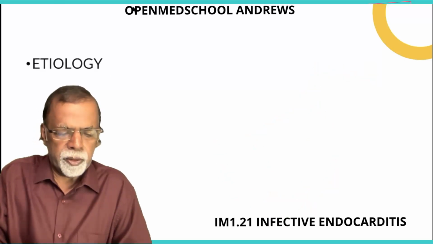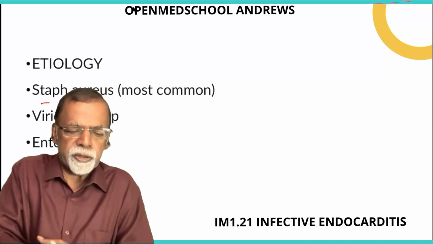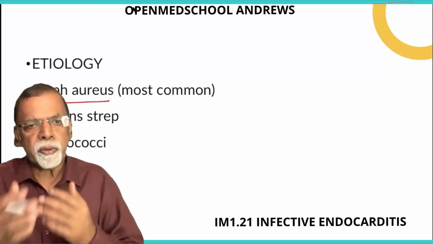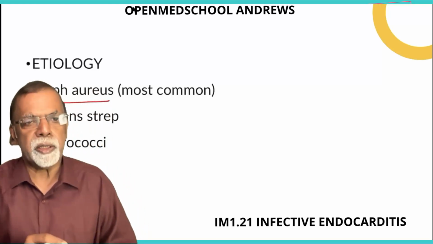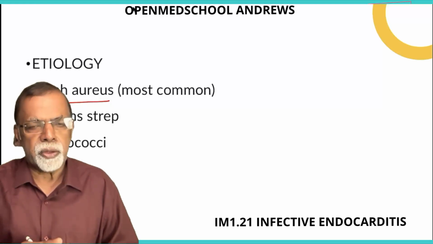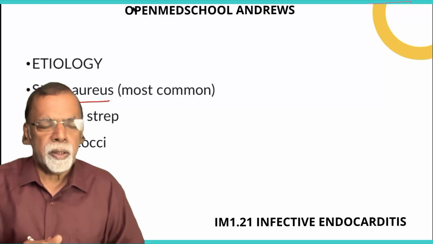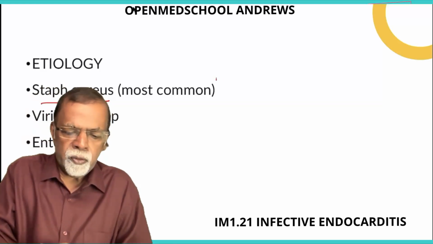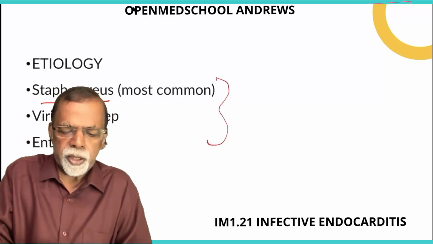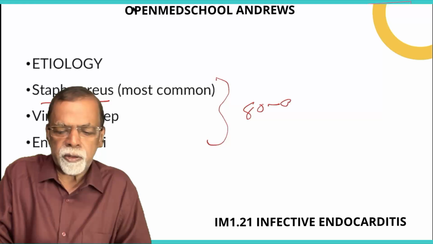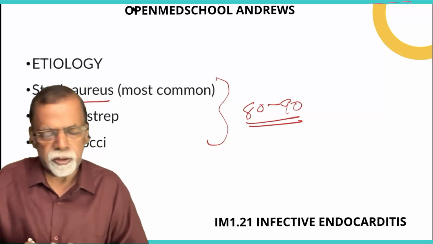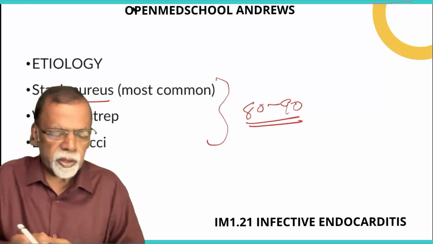What are the etiological factors? We have mentioned two important organisms. One is the Staph aureus. Previously, Streptococcus viridans was the most common organism, but now Staph aureus is becoming more common. Then enterococci. Around 80 to 90% of endocarditis is caused by these three organisms. The HACEK organisms,